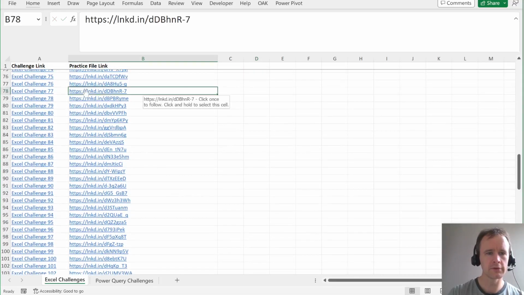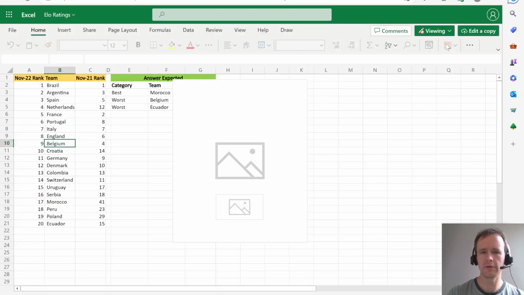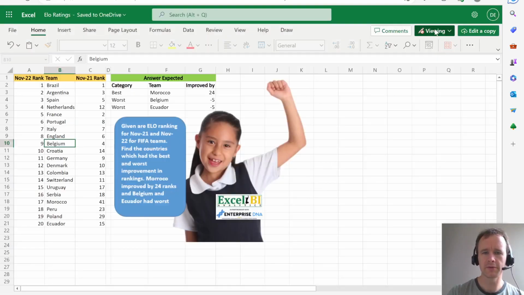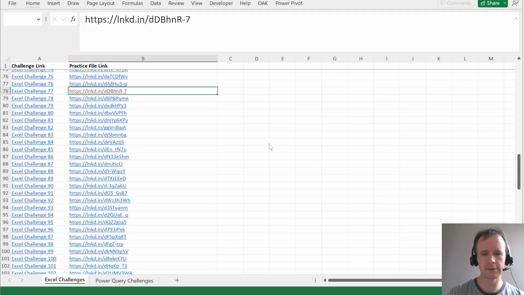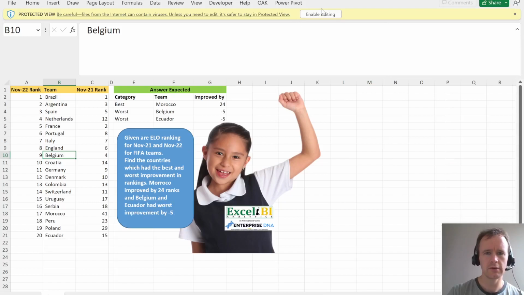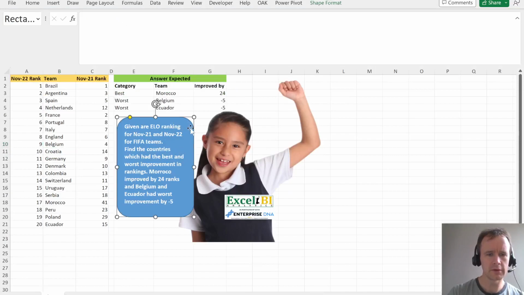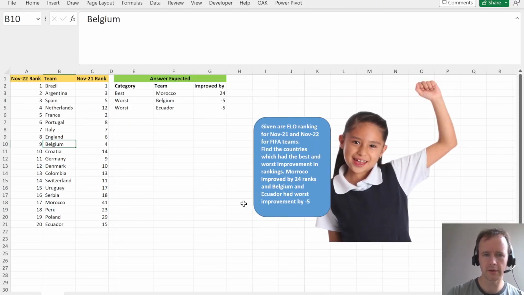So first, let's grab the file, and I'll download it. Oh yeah, I remember there was an array of sports-related ones for a while. So let's see what this one is about. ELO ranking. Oh, interesting. Okay. Find the countries of best and worst improvement in rankings. Okay, got it. All right, sorry, I thought we were going to have to calculate changes in ELO rankings, but